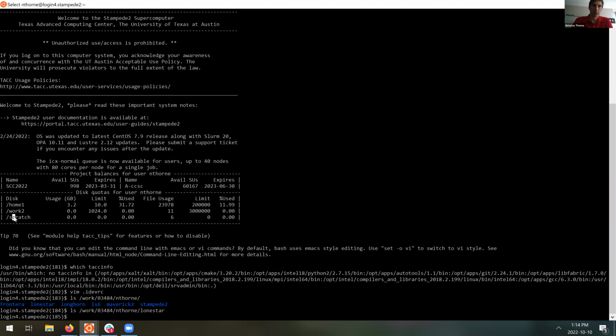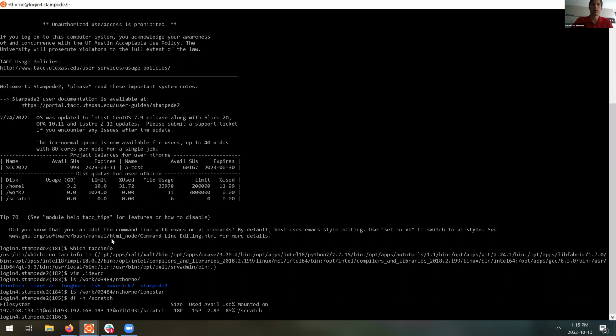Finally, the Scratch file system. This is where we provide you with a file system that has no limit whatsoever in terms of the capacity of data, and it has the highest performance of any file system on Stampede. So Scratch, as the name implies, is for fairly temporary data, and you will see that Scratch is currently 85% full at the moment,